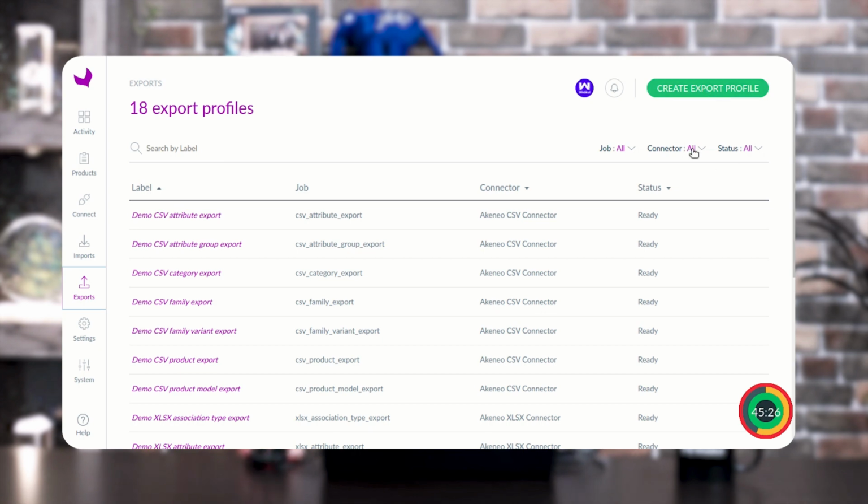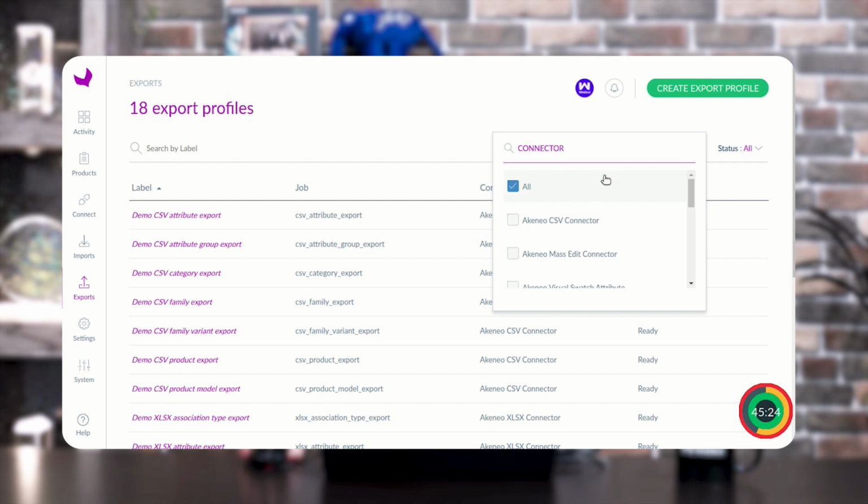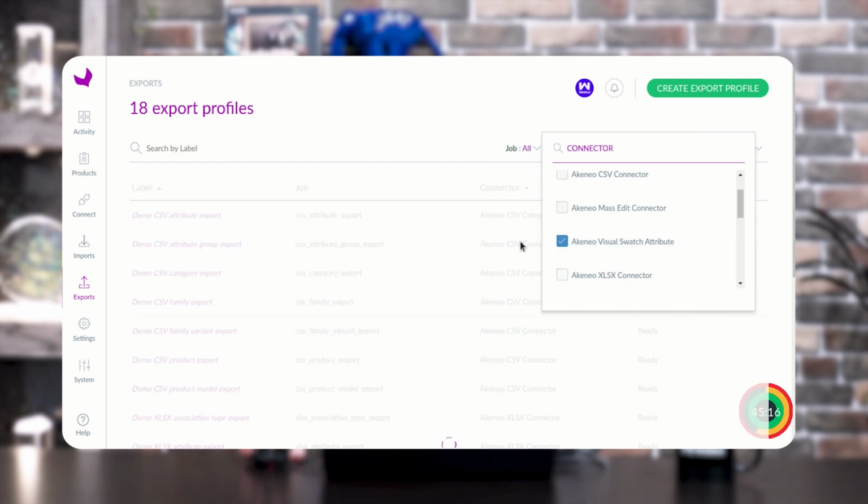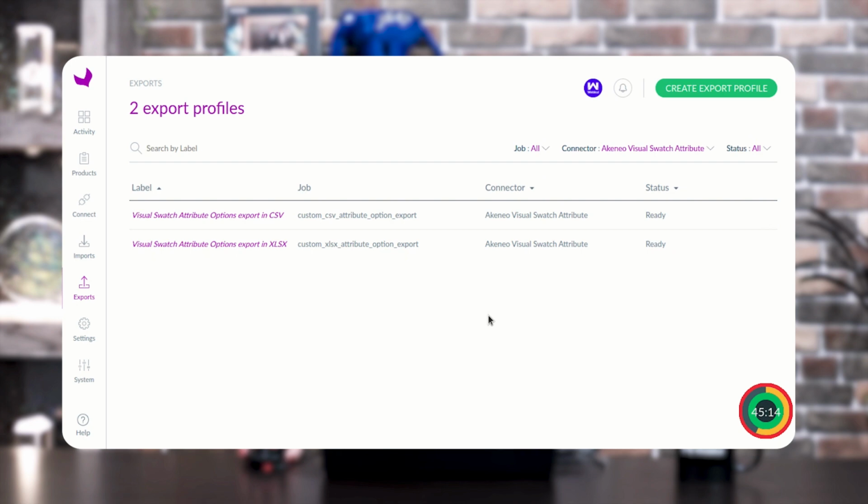As here I have a connector, I just need to choose over here the Akeneo Visual Switch Attribute Connector. So after choosing that particular connector, you will get an option where, if you want, you can export those particular visual switches via CSV and via Excel XLSX file as well.